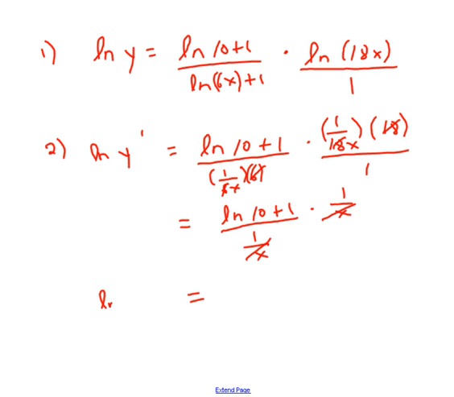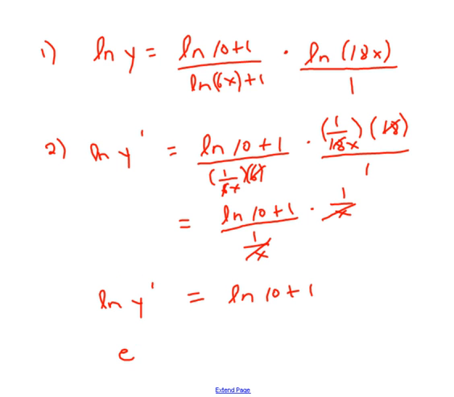You're essentially left with ln y prime, which means the derivative of this term. We haven't touched this yet. Equals ln 10 plus 1. So what's going to happen at this point? Are we done? No, because what is the sign for derivative when you have y? It's just y prime. We don't have y prime. We have ln y prime. So the question is, how do I get rid of ln? Now remember, to bring down an exponent, you take the ln, but to get rid of a ln, you take the